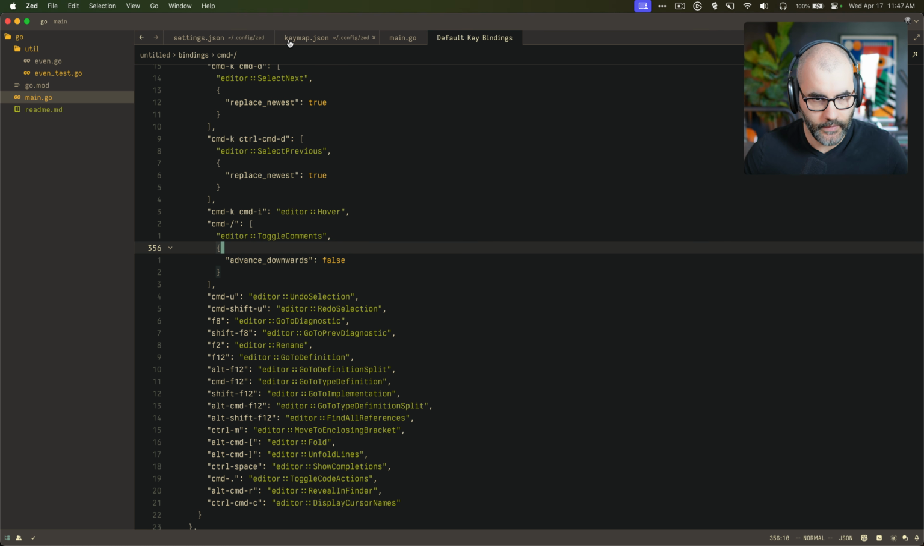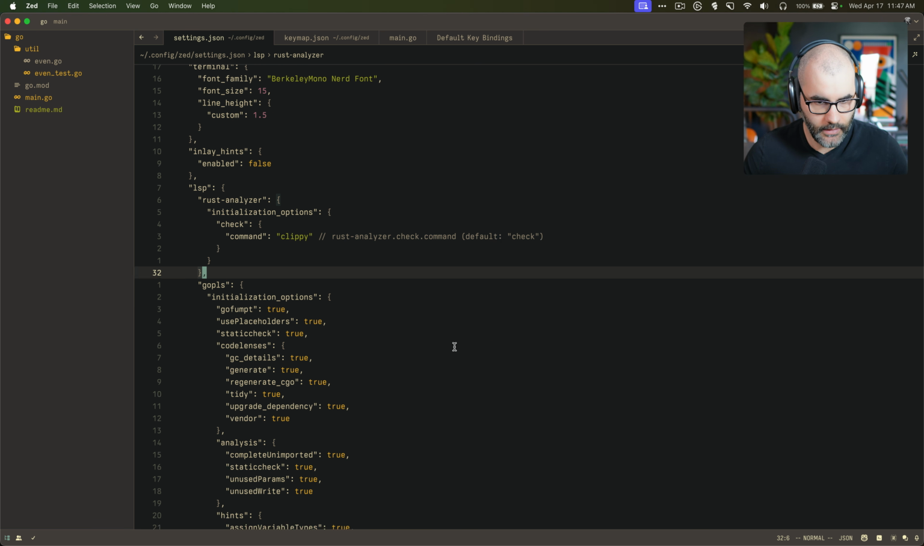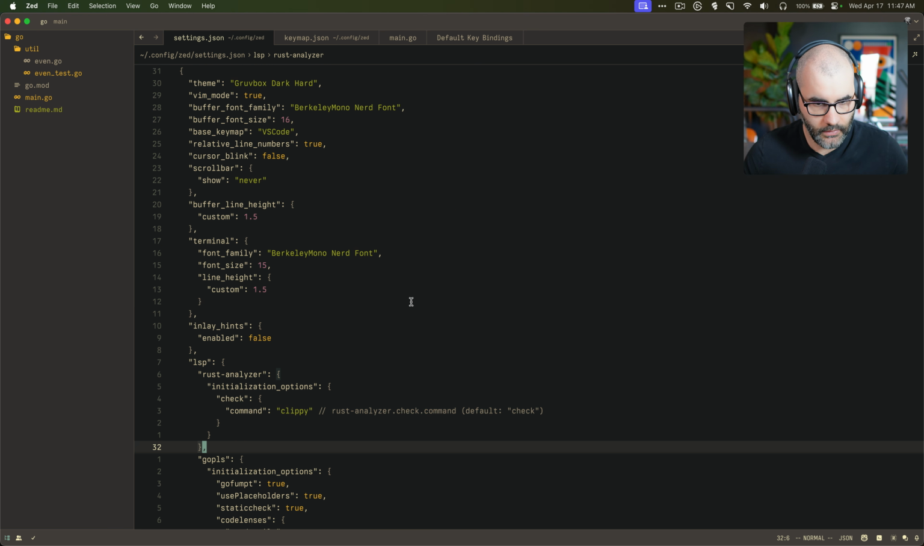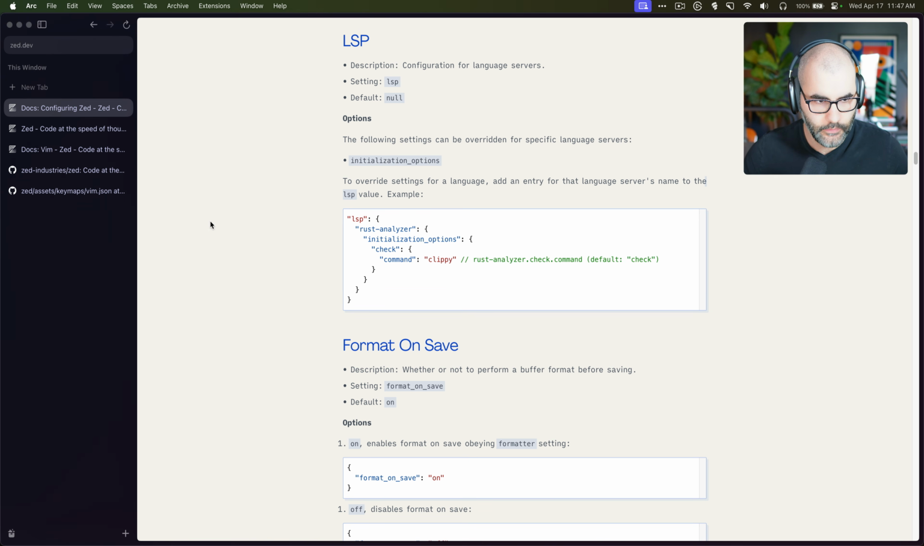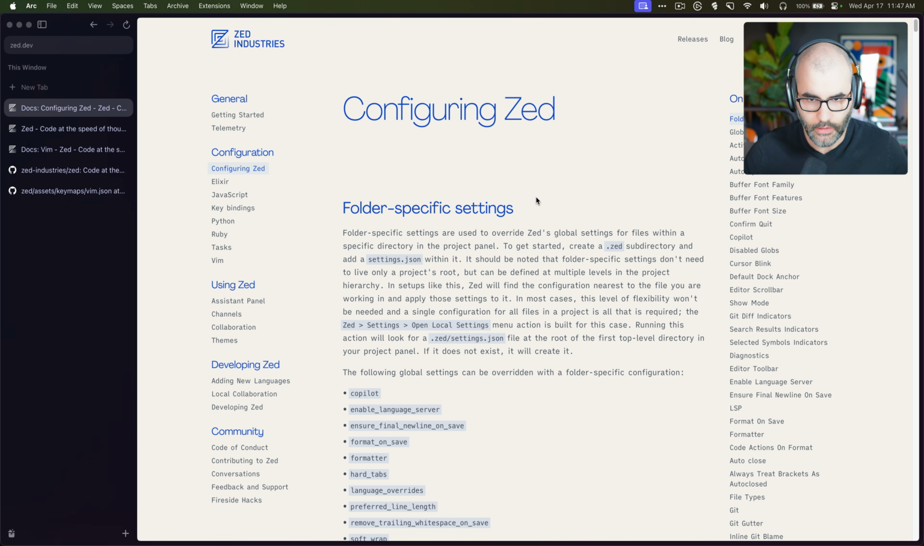What else can we configure? So back to settings. I think that's pretty much all of what I care about. Yeah, that's pretty much all of it. So let me show you how you can find the different configurations. So if you go back here,